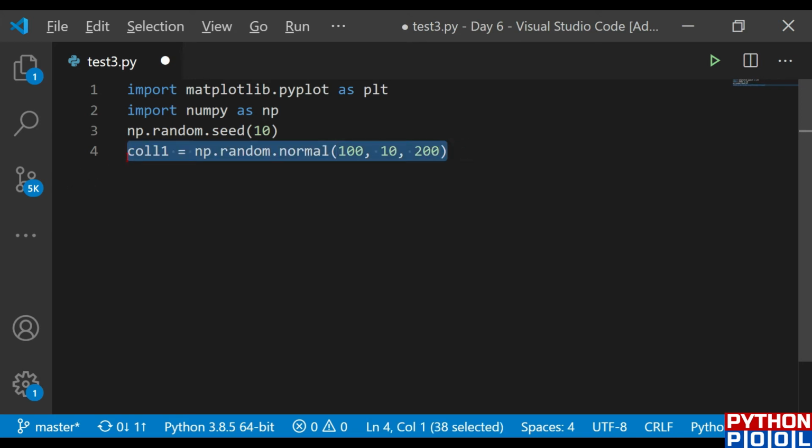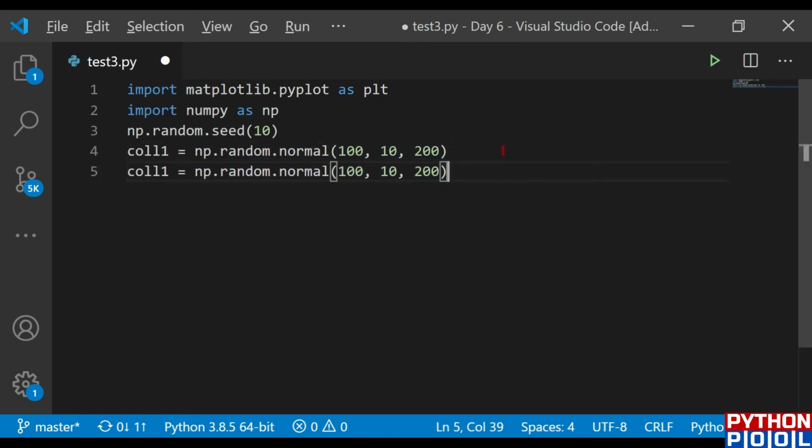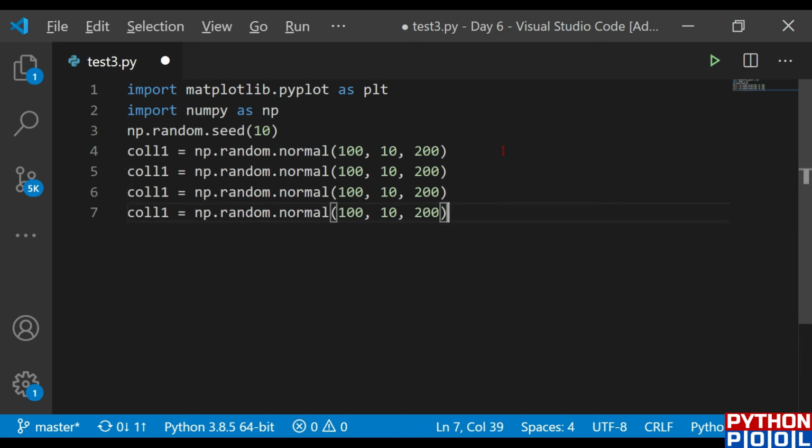Let me define the other 3 sets also. Let me just copy it here and paste it 3 more times. Let me change it to 2, and then 3, and then 4. And let me change this data. If it is 100, then it is 80, and this one is 30 as per my data. You are free to use this data or decide your own, play with it. It is very easy, not so hectic. And then it is 70 and 25. Okay, this is my data collection.